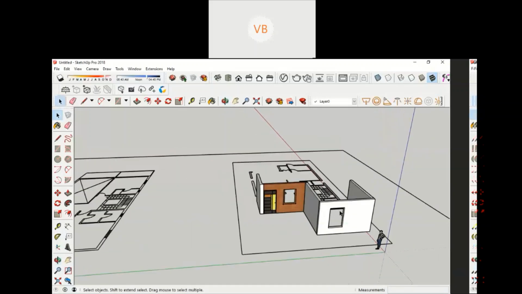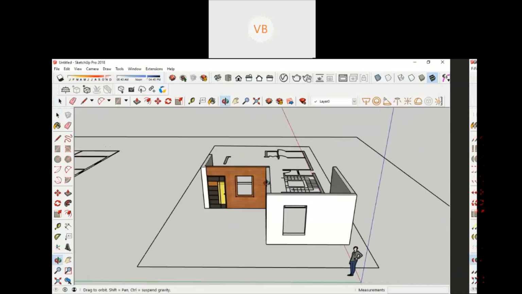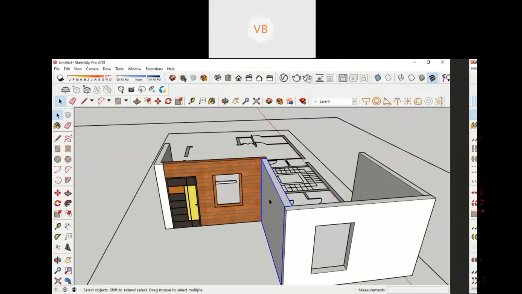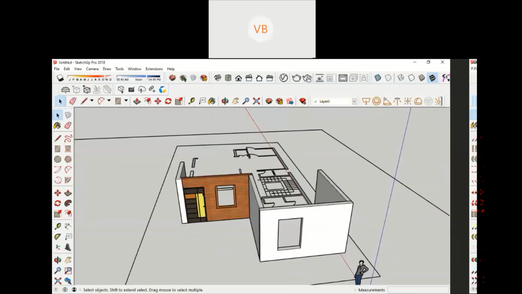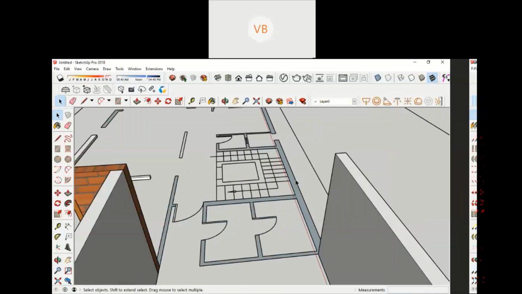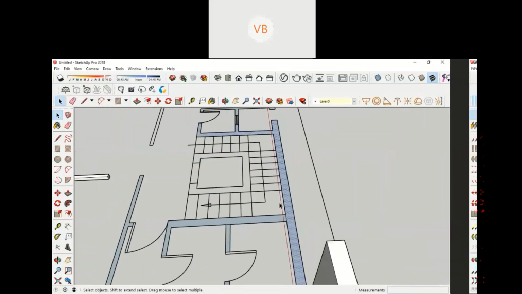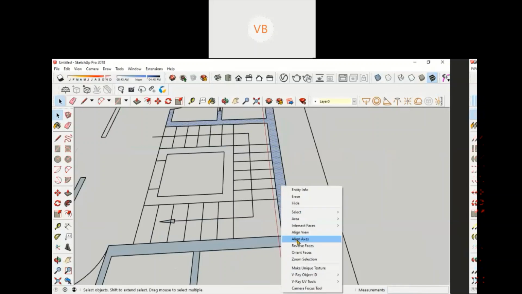So start working on it, show me some progress by tomorrow morning, and share your screen with me, and I'll tell you step by step if you have made some mistakes. Don't forget your groups, your components, and applying materials. Basically, initially you have to create faces. Make sure that even in the faces you have two types. The face looks gray in color. When you right click and reverse faces, it looks white in color.